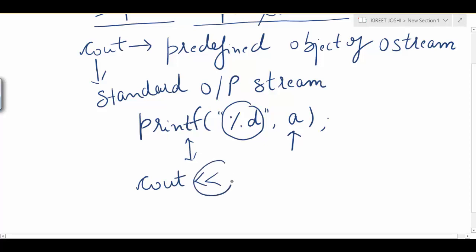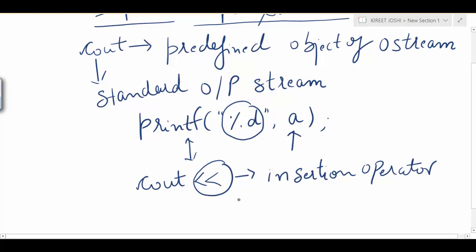These are known as the insertion operator in C++. This insertion operator is used with the cout object in order to retrieve the value of a variable so that it can be printed onto the standard console.